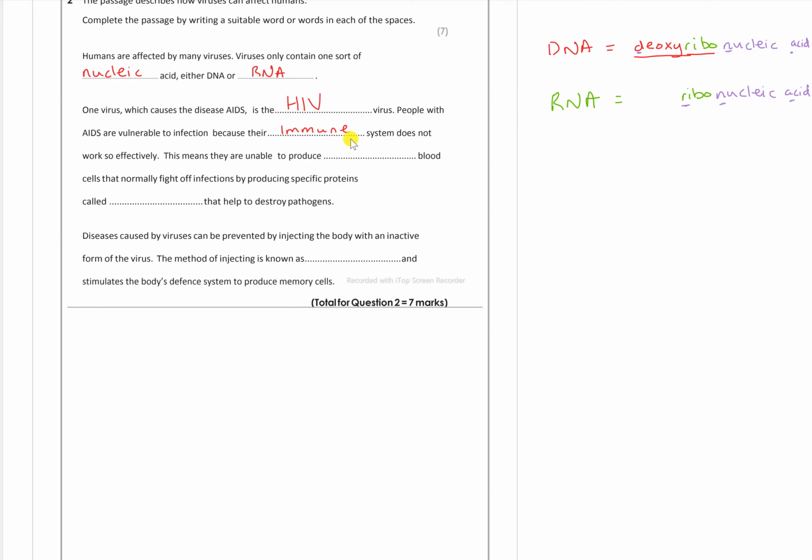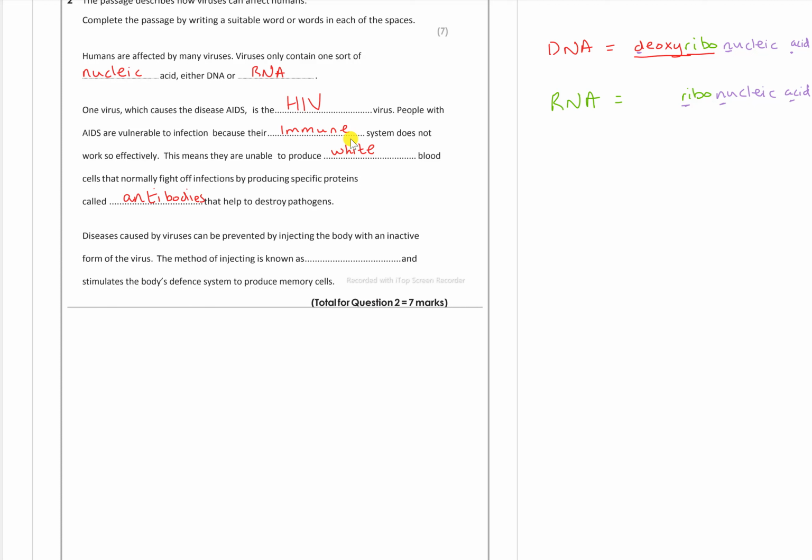This means that they are unable to produce white blood cells, lymphocytes, that produce antibodies and become memory cells that normally fight off infection by producing specific proteins called antibodies